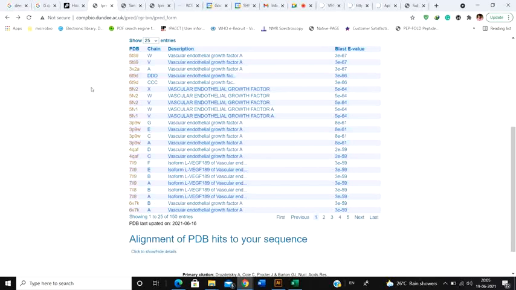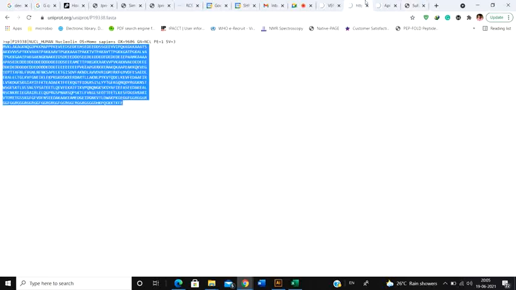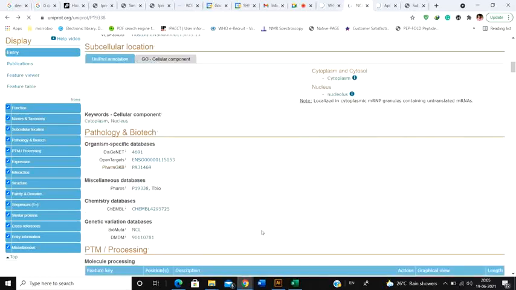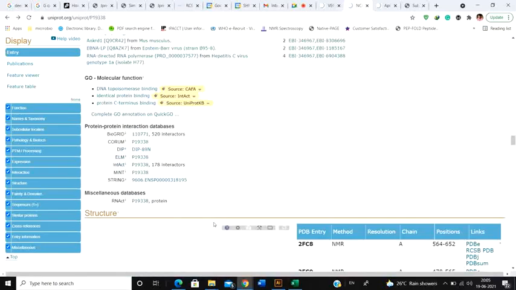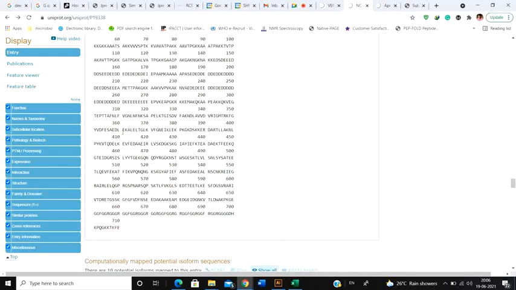So these are your homology. Suppose you find a protein which has certain homology to other proteins, then you can use comparative modeling. It's going to look at the particular database and try to find out the sequence similarity. Suppose you have uploaded a particular protein which has sequence similarity to this protein, so this entire stretch is similar.